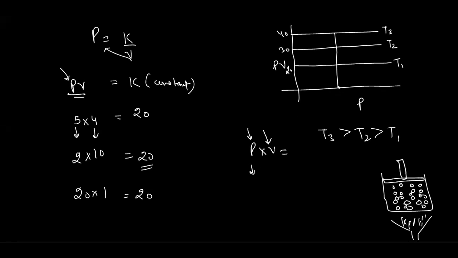So if we keep the pressure constant, let's suppose this is 20, and at T1 the volume of the gas is, let's suppose, 2 liters, then the product is 40. Now 20 is fixed, and if we increase the temperature more, then the volume will increase. Let's suppose it becomes 4, then it will be 80. So that will be at T2. On increasing the temperature, the pressure is increasing, and in order to keep the pressure constant, we need to increase the volume. So volume is indirectly increasing.